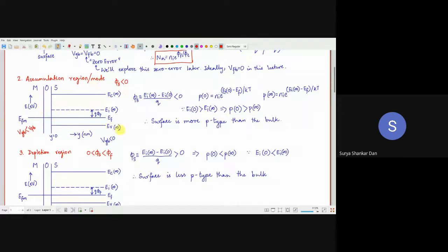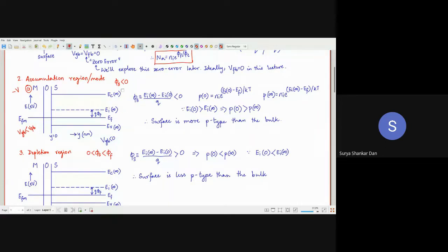Okay, look. What is happening? We are actually applying gate to body potential, VGB, right? So what is the gate terminal? The metal is the gate, right? Where will the body be? The body will be at infinity. So VGB is negative. If we are assuming that the body is grounded, we are applying a negative VG to the gate. So minus V, minus with respect to the body.